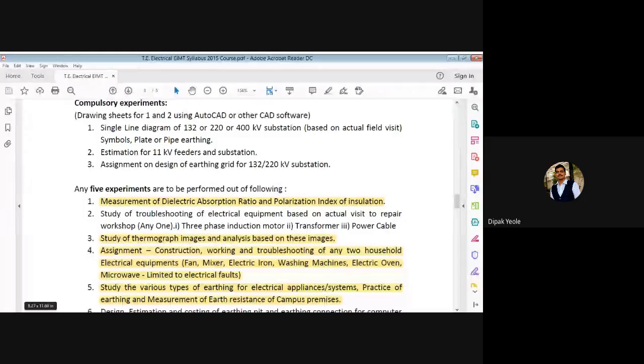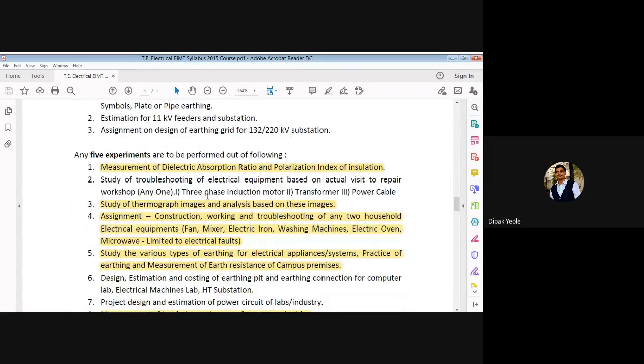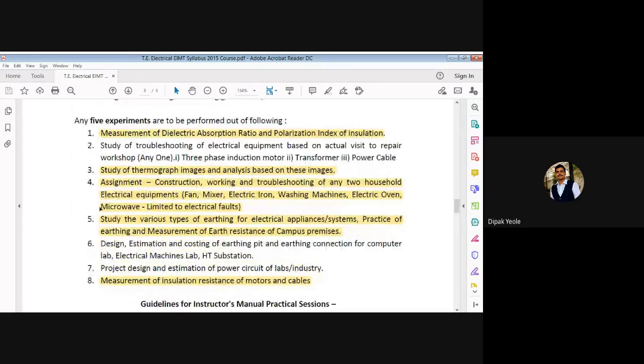So this is the list of experiments which we discussed last time, and we have finished the compulsory experiments previous to the practical, and in the last session we finished the practical. So we have finished the various types of earthing systems, the practice of earthing, and measurement of earth resistance of campus premises. This point we started discussing, and we finished the procedure, and